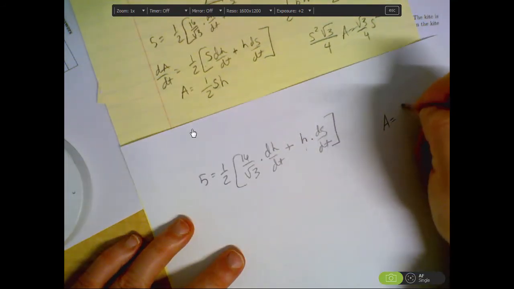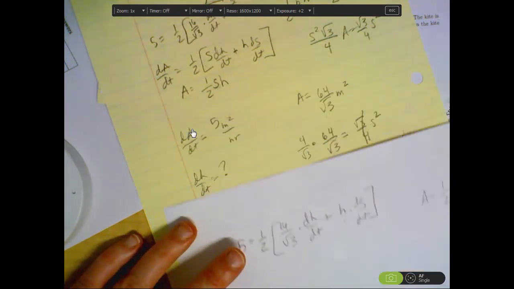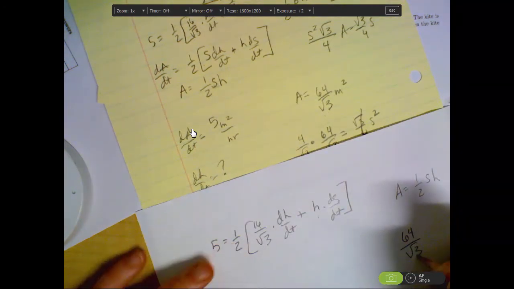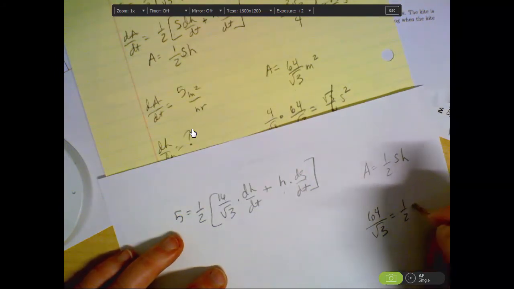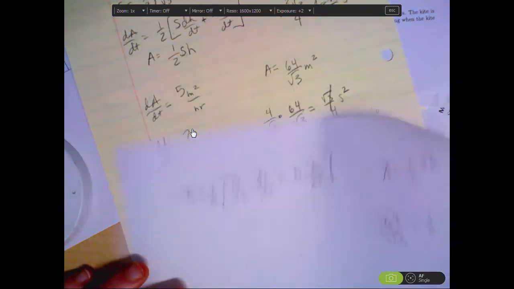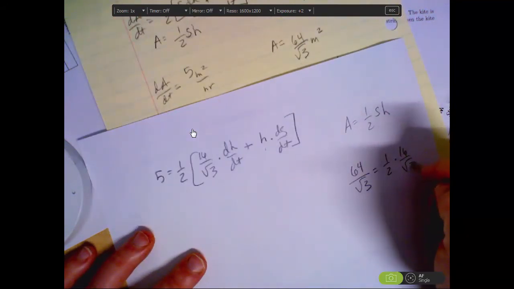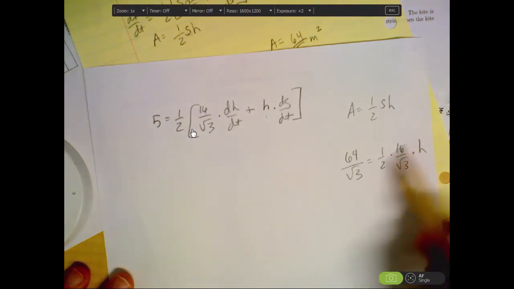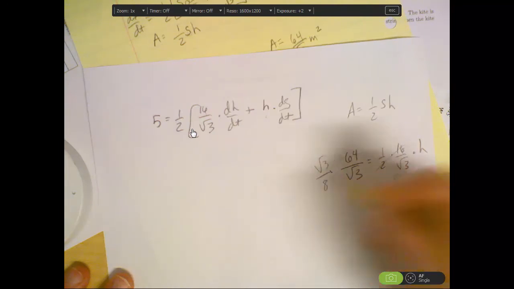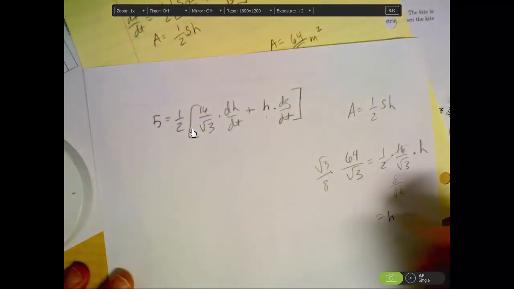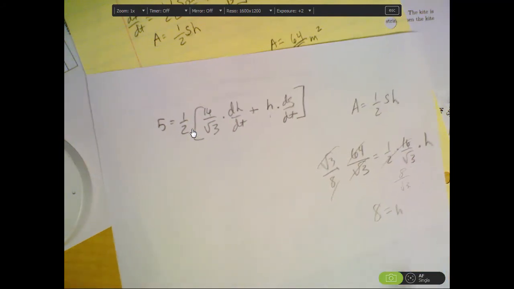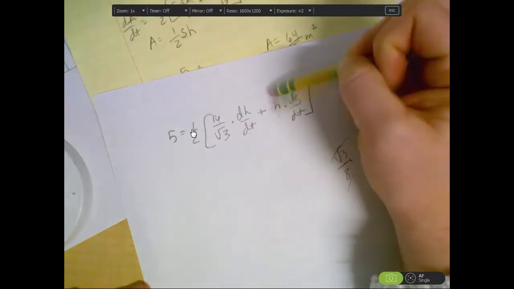I know the area is 1/2 sh, and I know in this particular problem 64 over root 3 is the area, and that equals 1/2, and I know the side is 16 over root 3, and I need to find the height. So this becomes 8 over root 3 multiplied by the reciprocal, root 3 over 8, and I get h equals 8. There's probably a much easier way to do that, but that's how I'm doing it. So now I'm going to replace this h with 8,